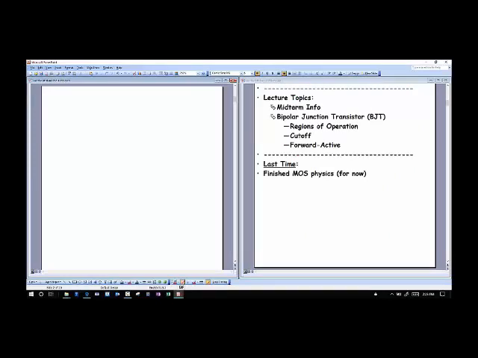So let's talk about bipolar junction transistors, abbreviated BJTs.